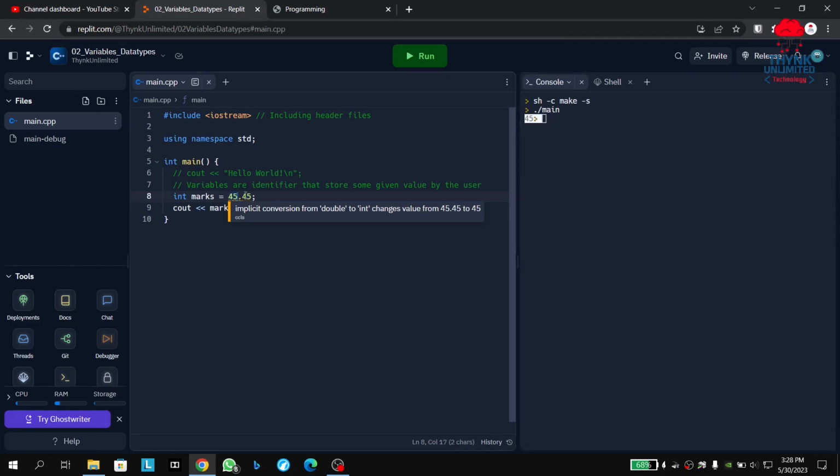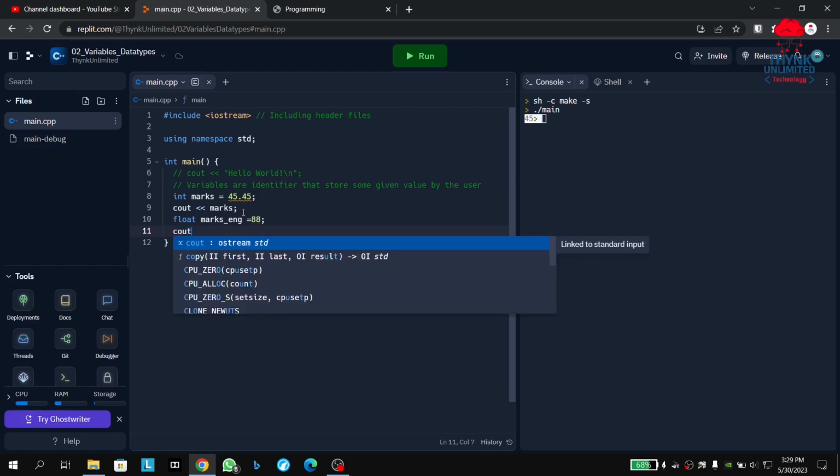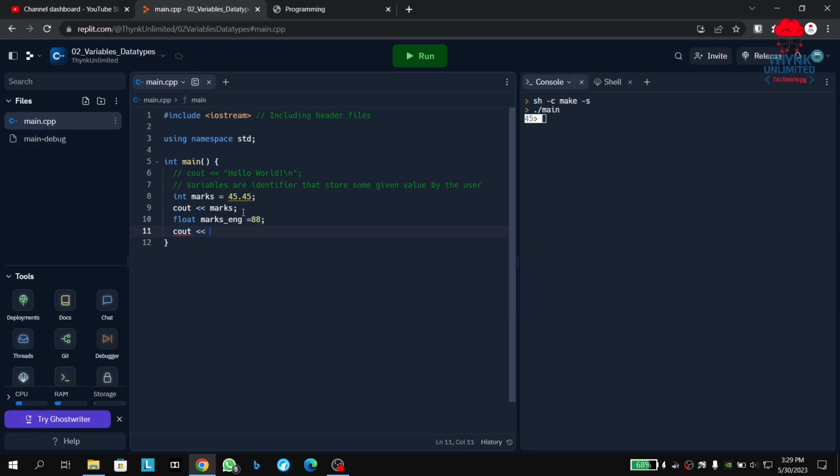Okay, the user isn't telling that it is being converted, whereas the compiler converts that 45.45 into an int. So it just considers the whole number 45, and it prints here, right? Whereas if I would use data types like float, and I would do marks, say English, say 88. If I do cout marks